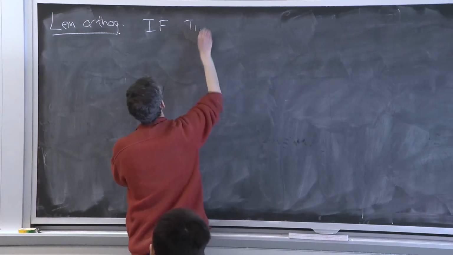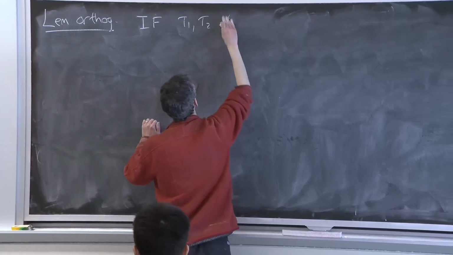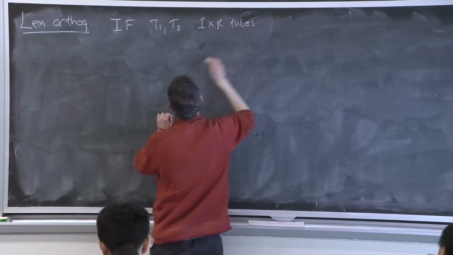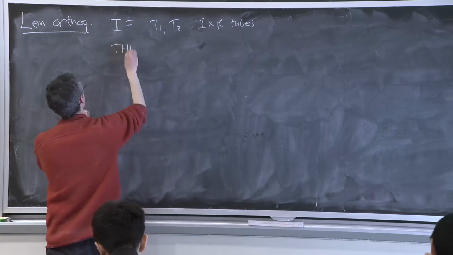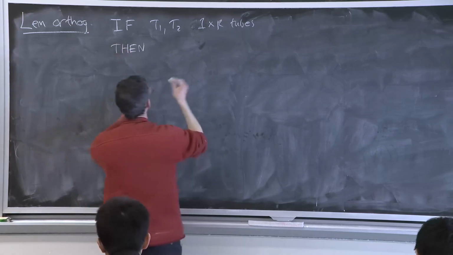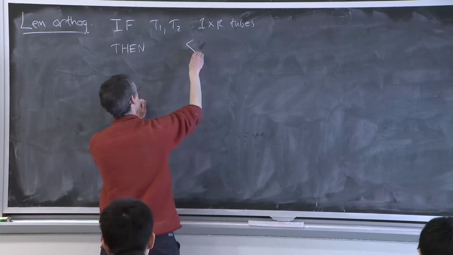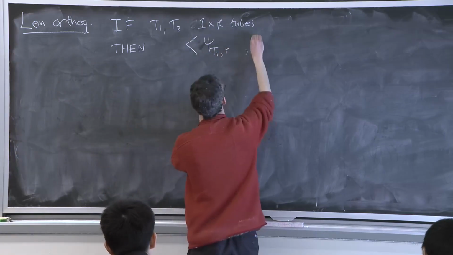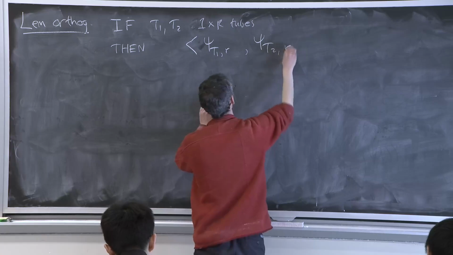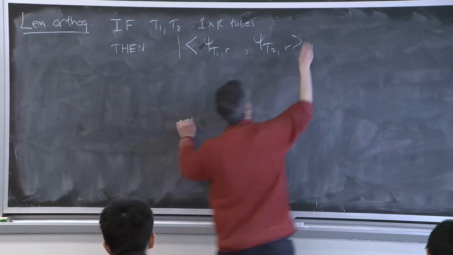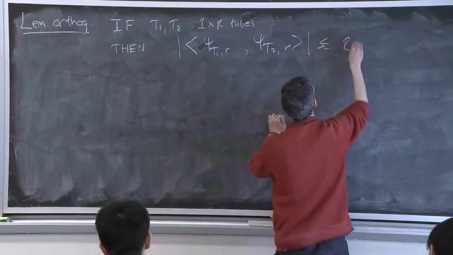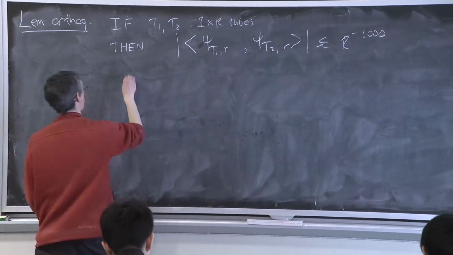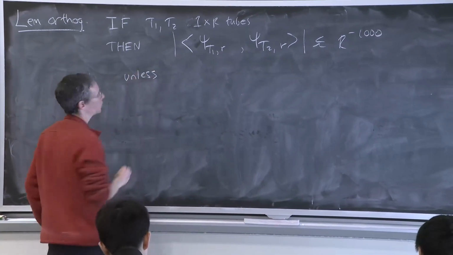If T1 and T2 are tubes, 1 by r tubes, then the CTRs are usually orthogonal. So if I take the inner product of CT1R with CT2R, it's usually really small, r to the minus 1,000,